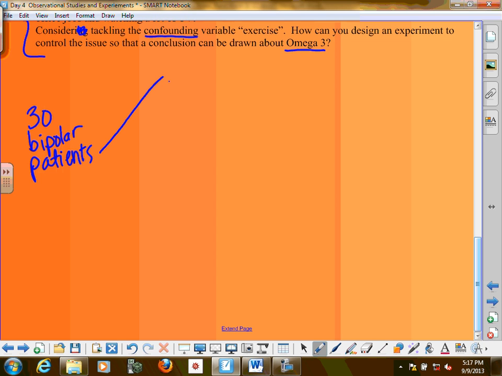Let's make a group that is active, and let's make a group that is sedentary, since the description most likely is talking about that because they think that is something that could confound the issue, so that we do not know if that is what's creating the improvement of disorders, or if it's the medicine, or if it's the exercise. So we will first